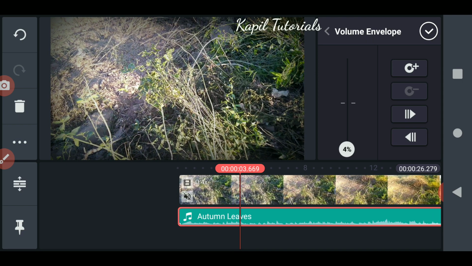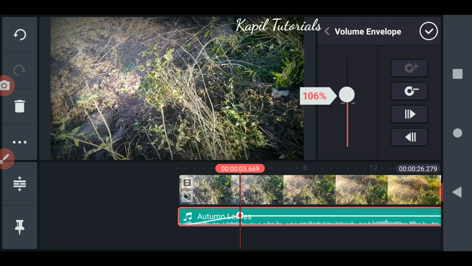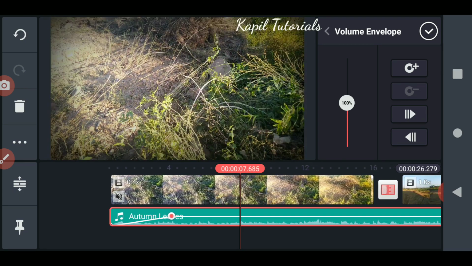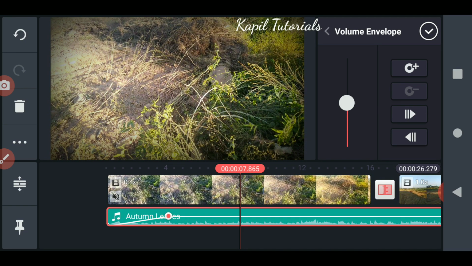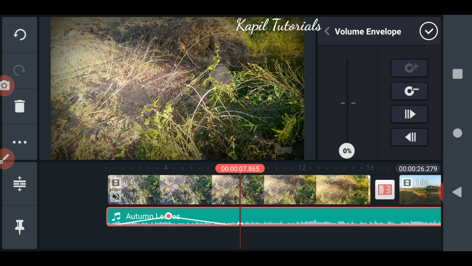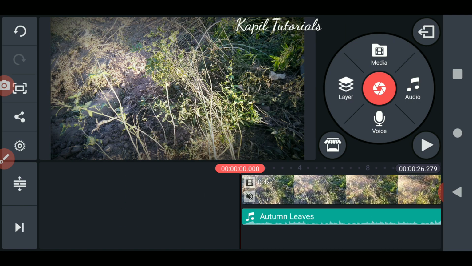You can see here, a plus sign at the top right. I'll press it. I'll show you, some dot is there. Just see the dot, it controls the sound. I'll shift my timeline a little forward, and again I'll decrease. Let's see the effect, how it looks.